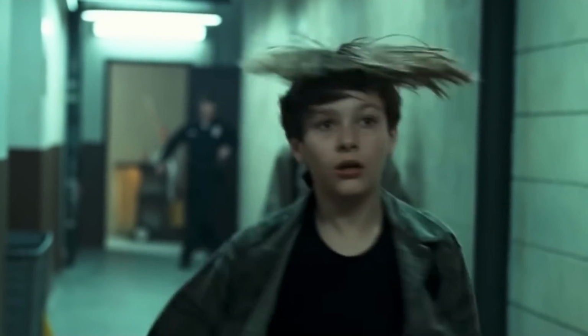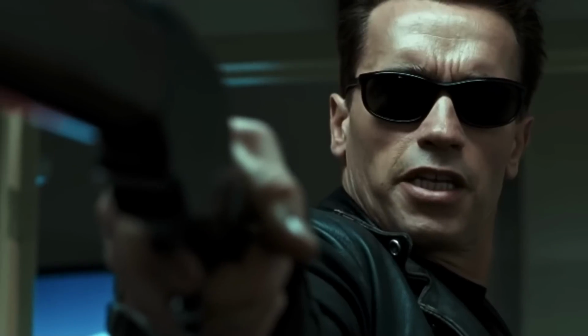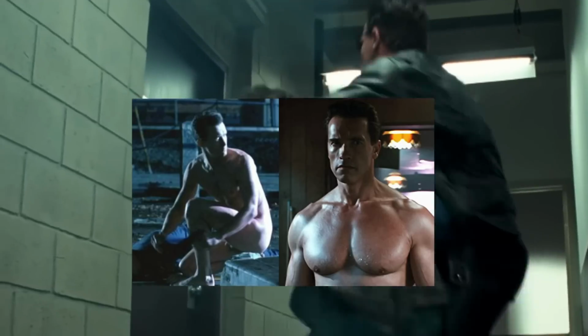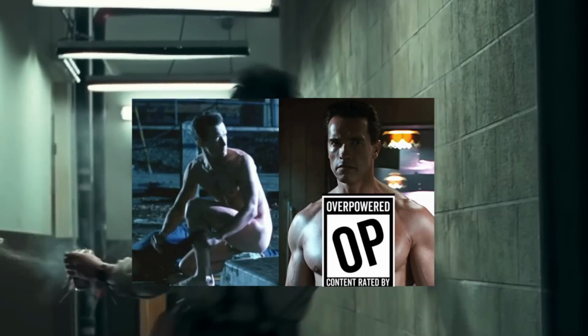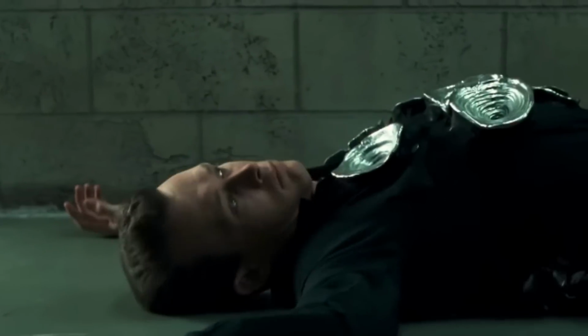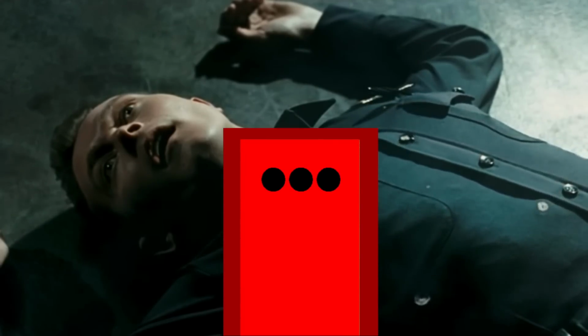And at this point, we know absolutely nothing about the T-1000. We don't know what he's capable of, and frankly, we have no reason to even take him seriously because he's picking a fight with something 3 times his size that we now know is an unstoppable force of nature. The only way this could ever end for the T-1000 is very badly, until...